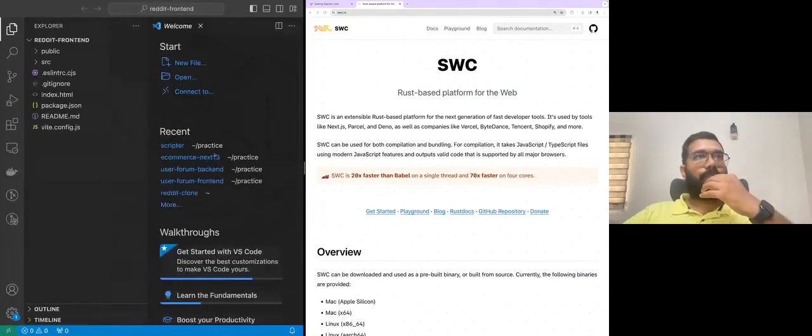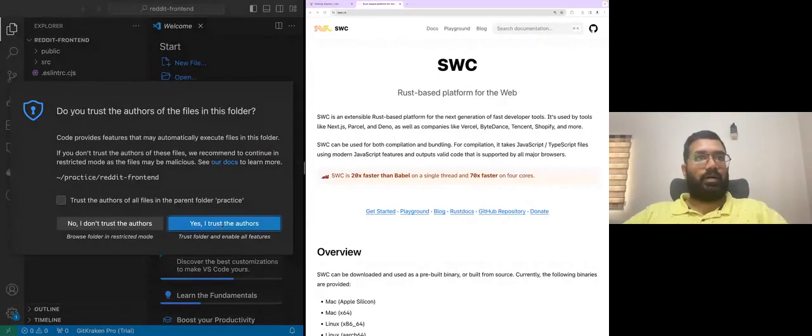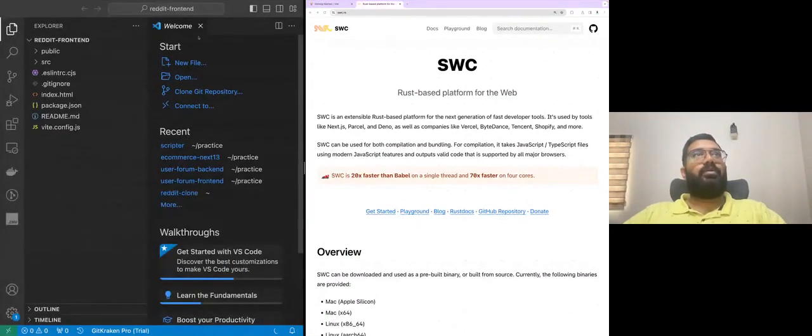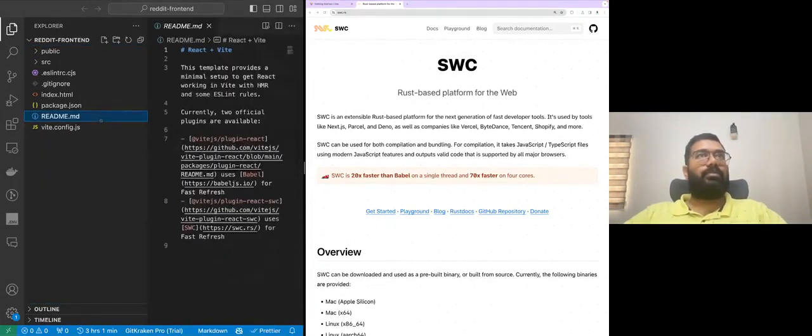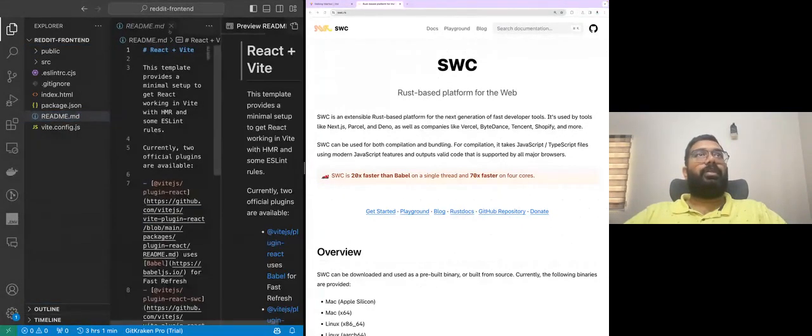On VS Code, and it's a new project, so I'll trust. The new project that has been created comes with a few files. This is the default version of Vite. If we go to the README,